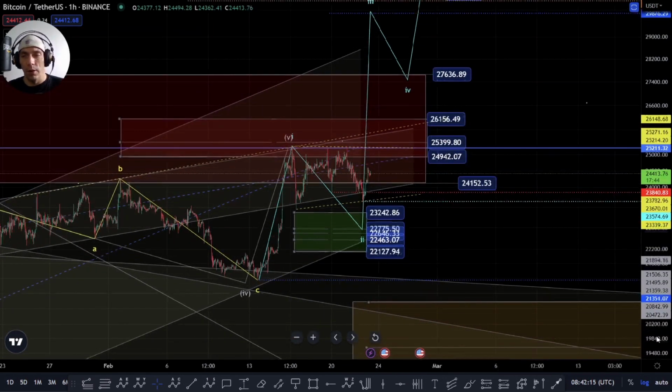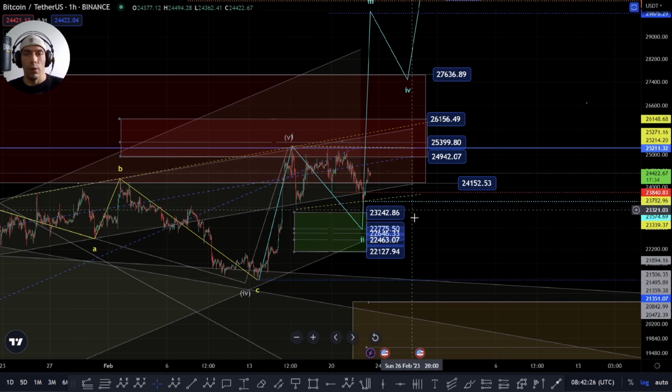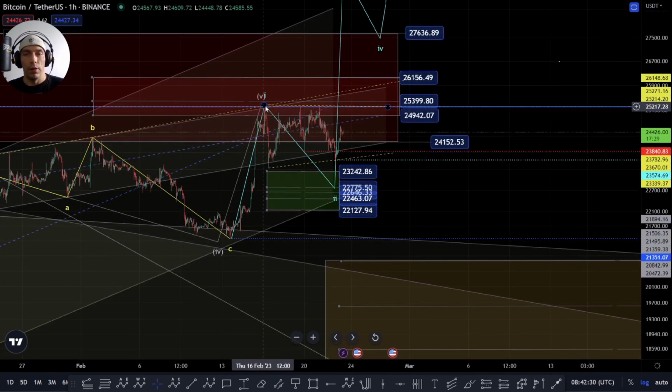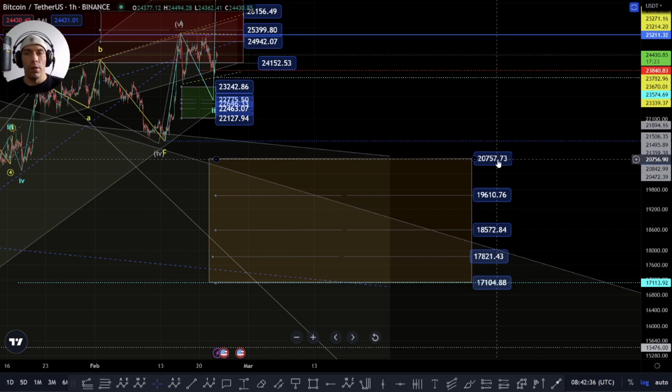If we actually break down and lose this low of this 21,354, this will be a zone that would invalidate continuation to the upside in this manner. So if we do lose this zone, what I'd be anticipating is that we completed into this high, and then we're going to be looking for that retracement lower down into the support box here, this 27,757 towards this